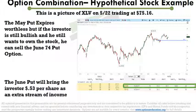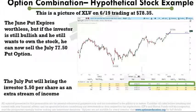So the May put has expired worthless, allowing the investor to keep the premium, and he may still want the shares. So he's going to once again sell the put option, but this time he's going to sell the June put. Well, the June put brought in 53 cents a share as an extra stream of income. So if the stock goes down to 74, which is where we have that blue line, that's where the investor will receive the shares. The stock does not come down into that area, and on June 19th, the stock is